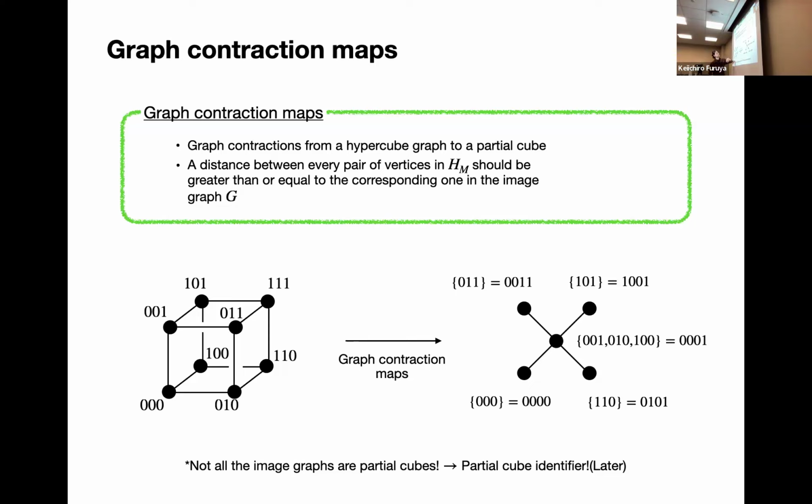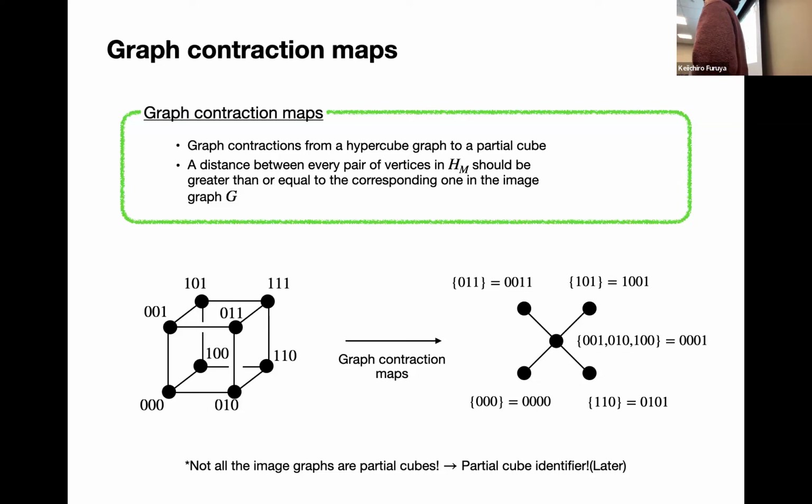For example, let's take 0, 0, 1 and 0, 1, 1. This is mapped to 0, 0, 1, 1. And then the distance to 0, 0 is 2 on the left-hand side, but on the right-hand side it's also 2. So it's good. But 0, 1, 1 to 1, 0, 0 is 1, 2, 3, but it's now 1. I assume this contraction process is non-unique? Yeah, many possibilities.